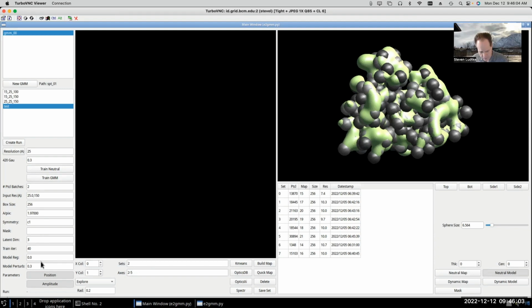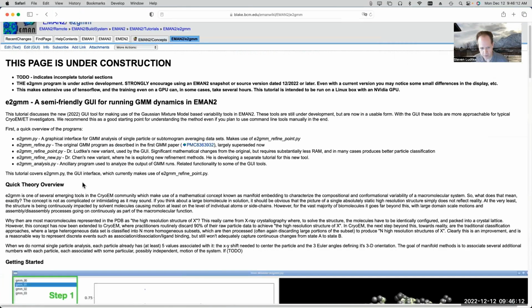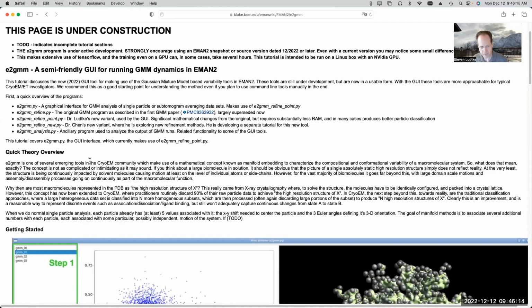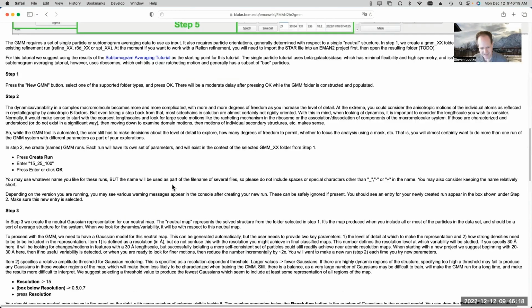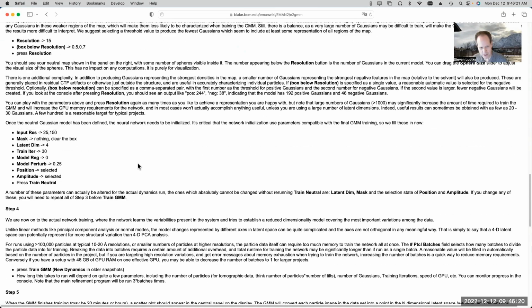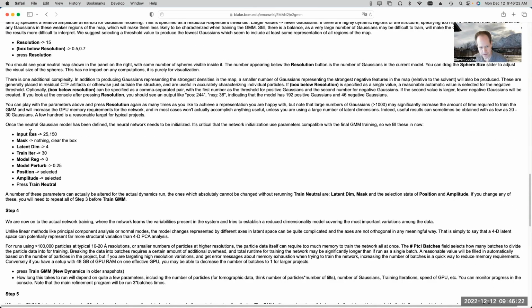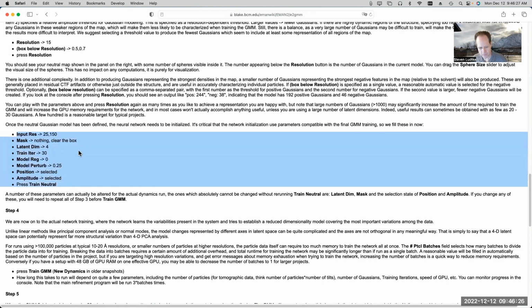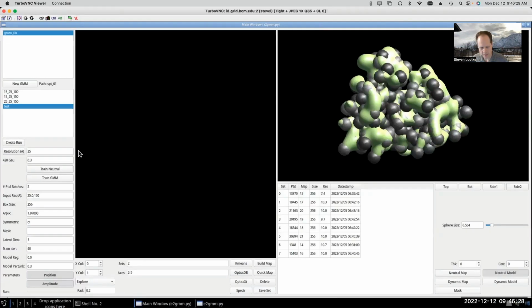There are a variety of choices here that you have to make. Some of these are explained in the tutorial already. You can see the tutorial is a bit of a work in progress, so some of it still needs some work. You can see the quick theory overview section still has a big to-do in it. But here, it tells you at least the values to pick for going through the tutorial data set. Just quickly,